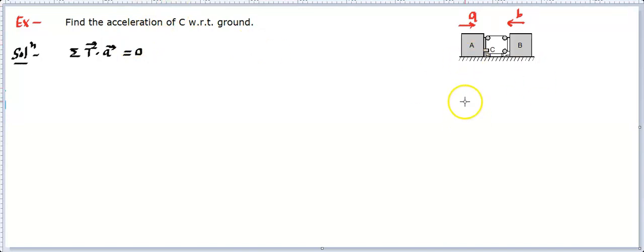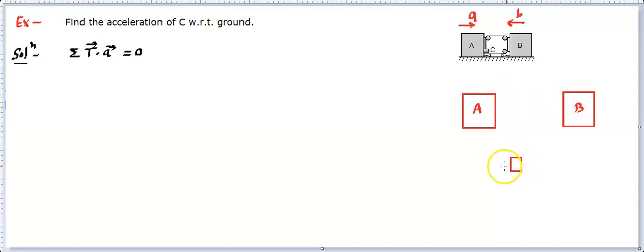So let's draw the picture separately. Let's say this is a block A, this is a block B. I'm showing them a bit separate, and there's a block C which I'm showing over here. In these blocks we need to draw their tensions and their accelerations. So A, B and C. Now let's draw the acceleration as well as the tension on the first part, the A part. A is having acceleration there, so acceleration is clearly visible.